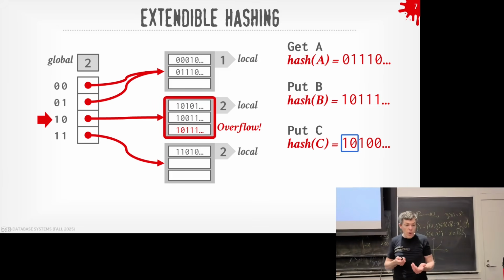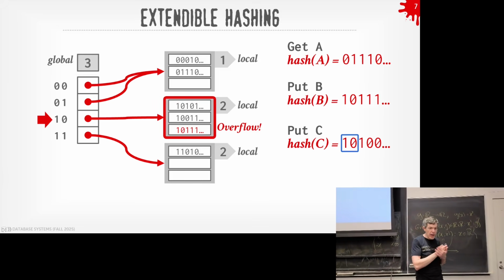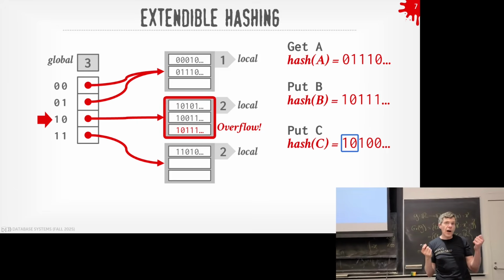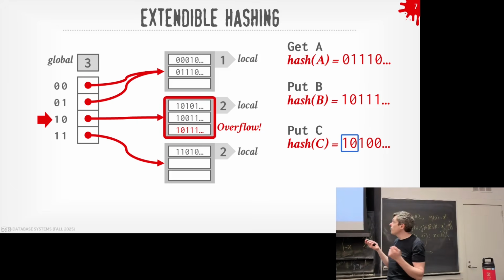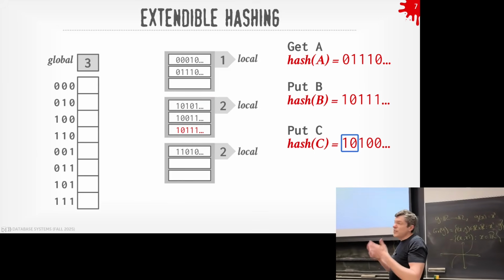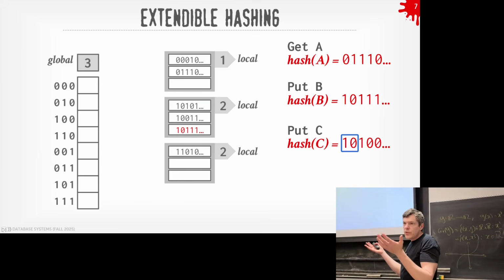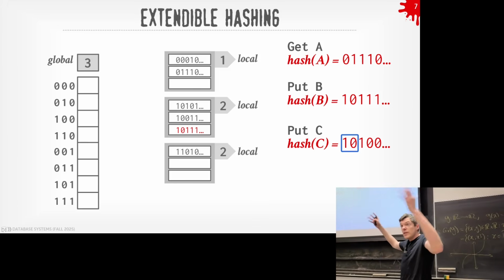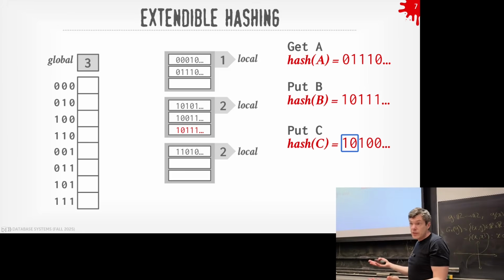So when we do an overflow in extendable hashing, we're basically going to double the size of our bucket array, right? In actuality, you usually allocate maybe most of it, or a large enough size. You're not doubling over time. Also, this thing is just not that big, so it's not like the whole hash table. We have the keys and the values and everything else, so it's very expensive to double things. In this case, it's not expensive.